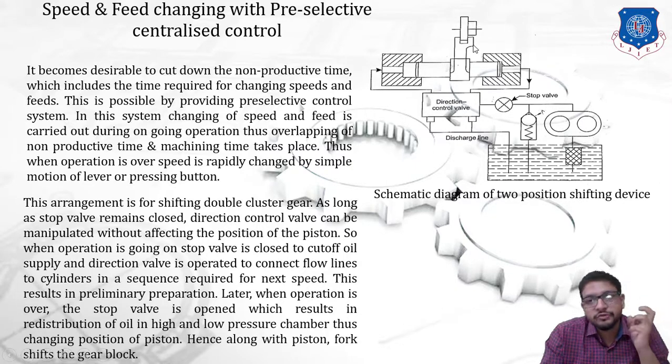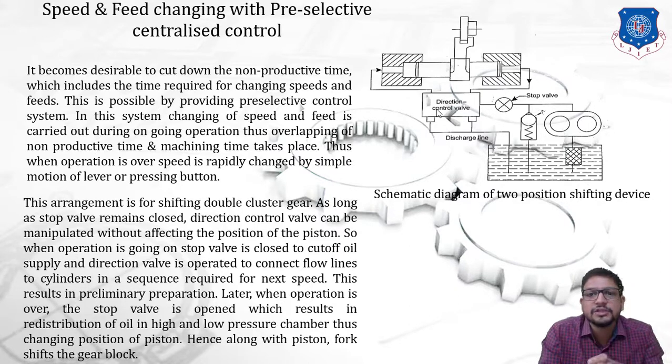Why? Because the gear shifting fork will be in engagement position. Right. At that time, we can manipulate a direction control valve in order to obtain the next speed, which means it is a preliminary arrangement for shifting to the next successive spindle speed. Okay, which means when our operation is over, directly we can shift to the next speed without doing extra